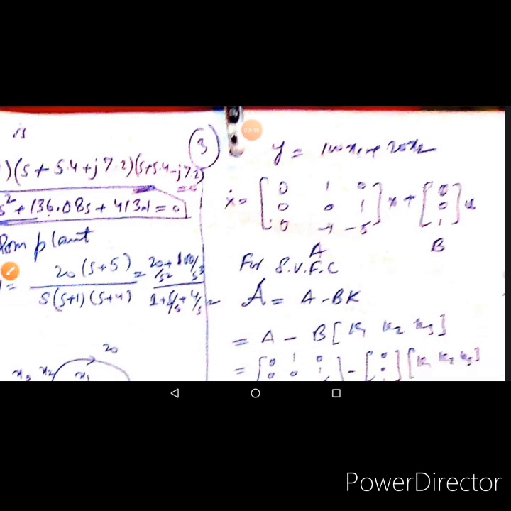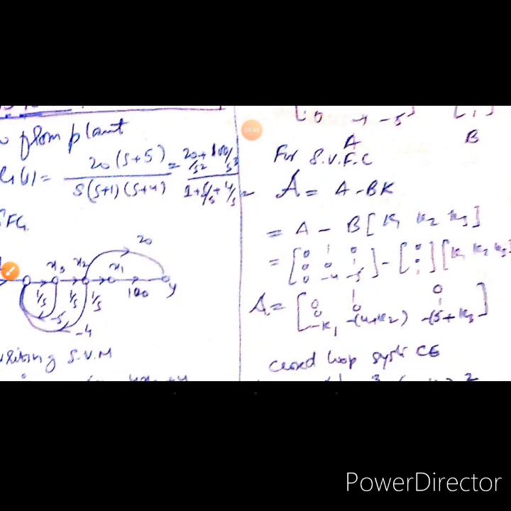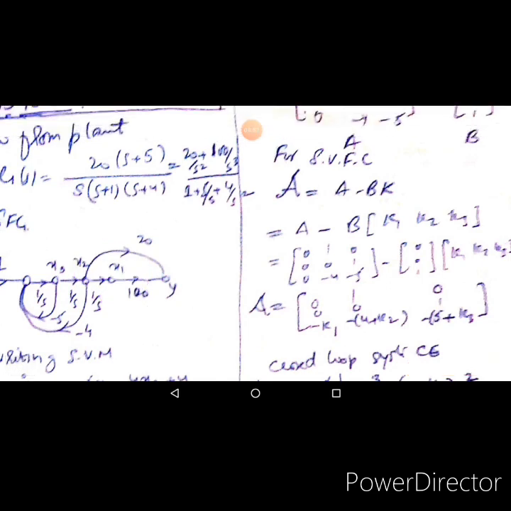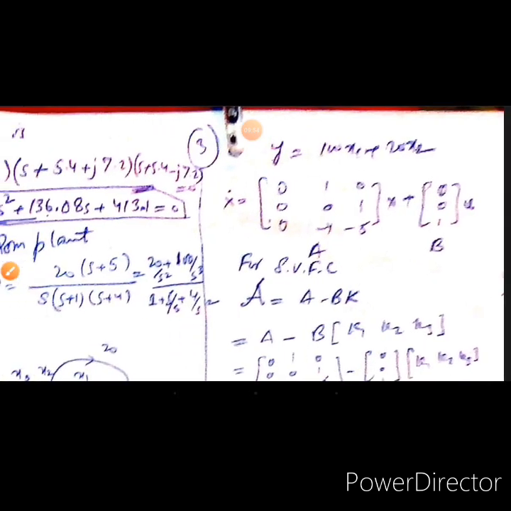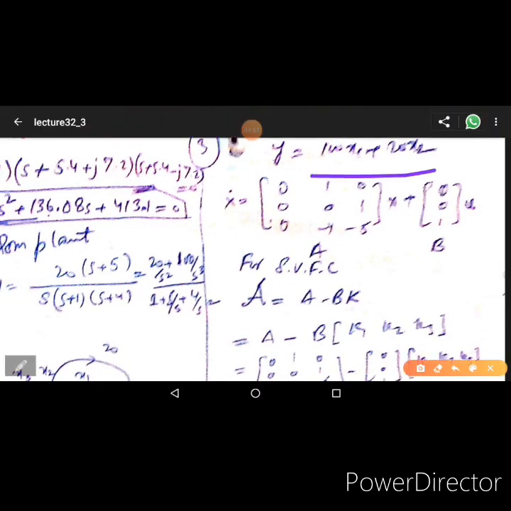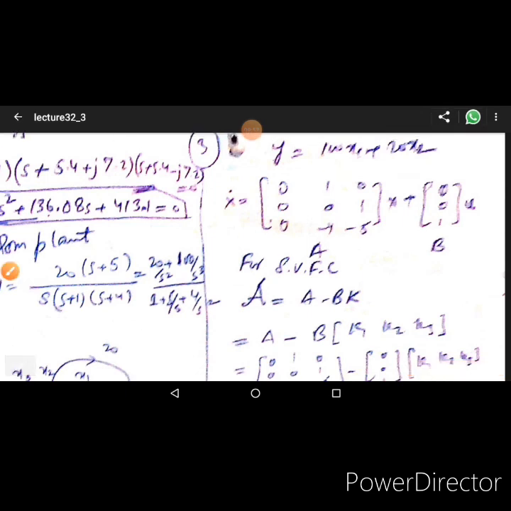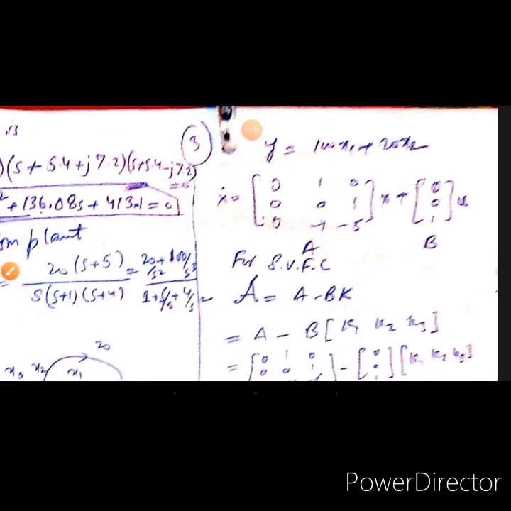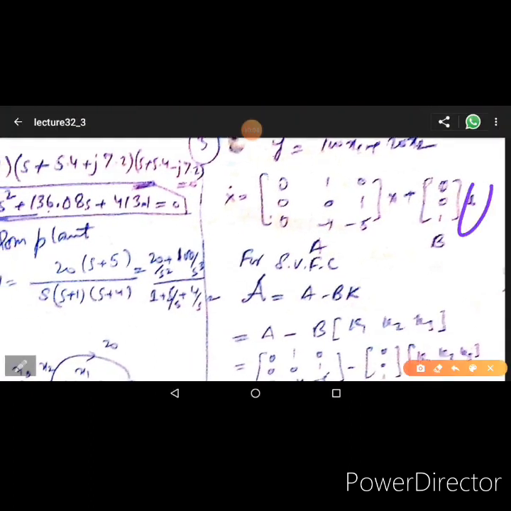इसके बाद हमारी जो आउटपुट इक्वेशन है उसमें हमारे पास 100x1 प्लस 20x2 है, कोई x3 नहीं है, तो ये हमारी आउटपुट इक्वेशन भी आ गई। अच्छा, अब हम स्टेट वेरिएबल फीडबैक कंट्रोल को जब फाइंड करते हैं तो उसमें हम कंट्रोल लॉ सब्स्टिट्यूट करते हैं, u इज इक्वल टू